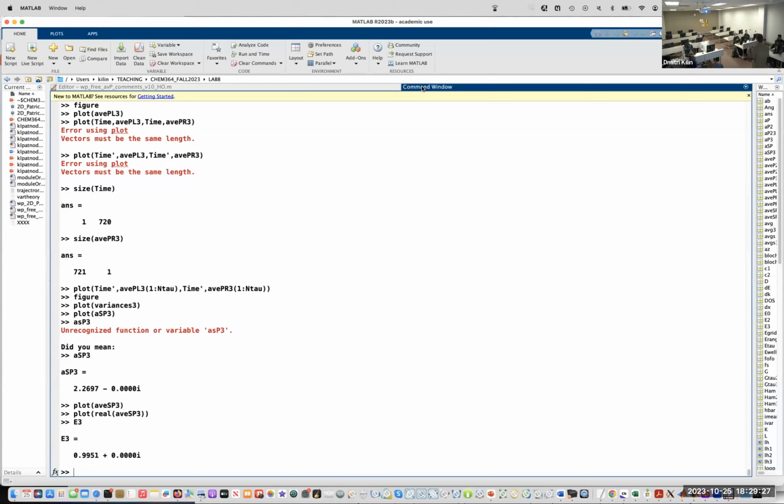The second reason to compute the expectation value of energy, of the Hamiltonian: we can practice the classical expression for energy, especially for free space. This would be P naught squared divided by mass divided by 2.